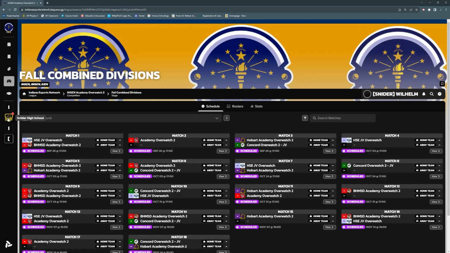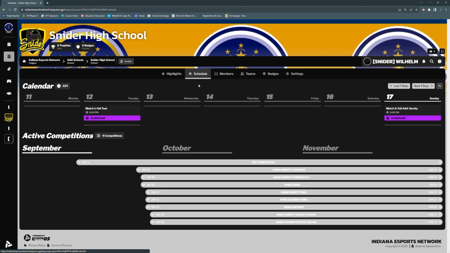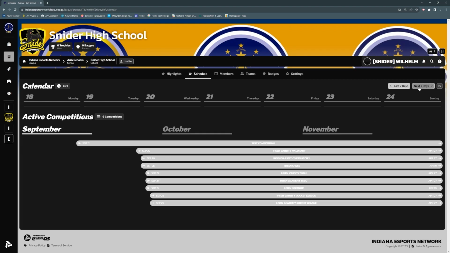If you go to your main school page, which you can get to via the schools tab or via your profile, or maybe it's along the left side because you visit so frequently, you'll notice that at the top there's a schedule. And what you'll see in the schedule is now populated with all of our varsity and academy matches. So if I go to,